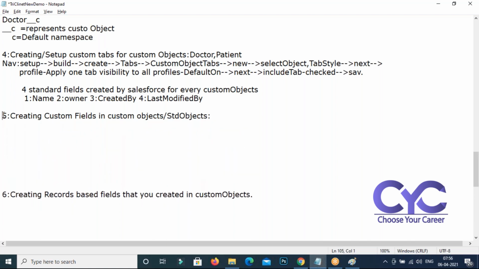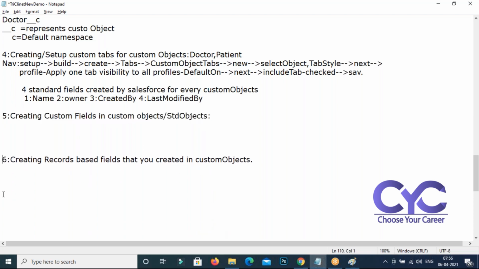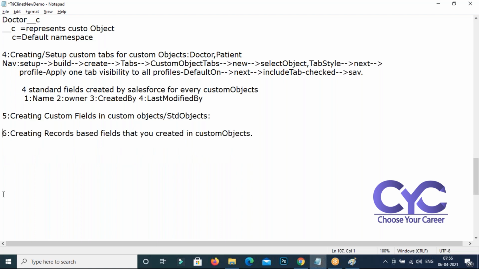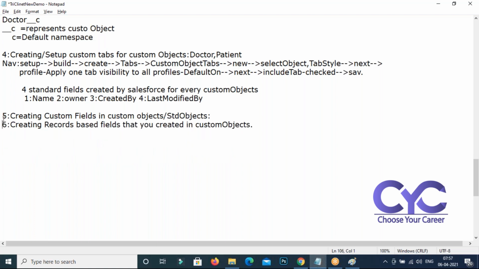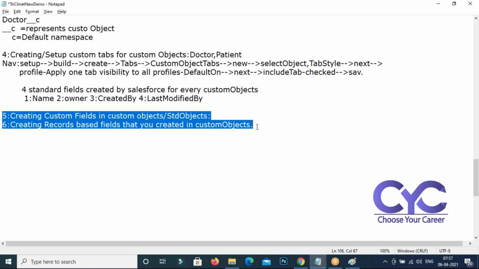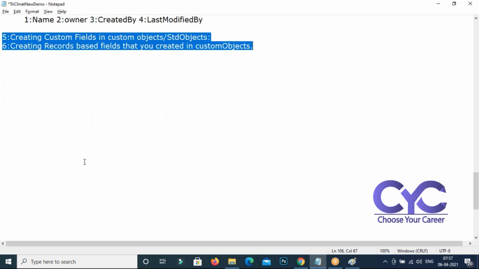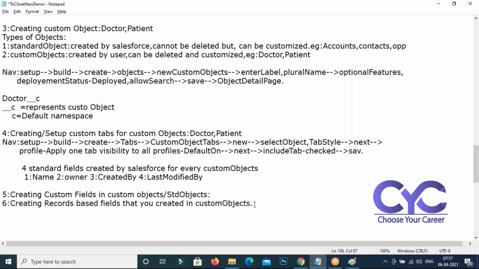Based on that, these two will be finished tomorrow. Very simple. Once the fields are ready, it is very easy to create the records. I can finish this one tomorrow, and after that we can start chapter number 1, that's the data model.